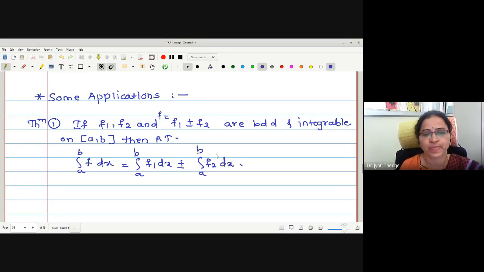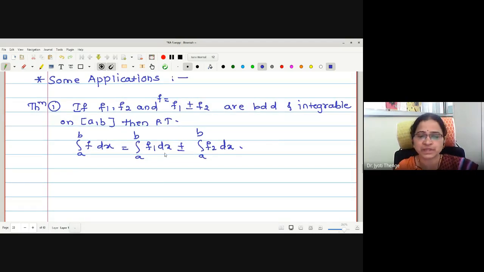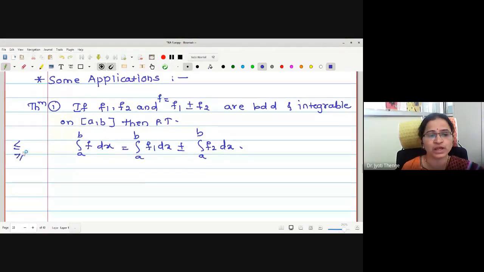While proving this earlier, which method did we follow? To prove this equality, we proved two different inequalities going in opposite directions. Once we proved the left side is less than or equal to the right side, and once greater than or equal. While proving greater than or equal, we just replaced f by minus f. But in this proof we are going to prove this by using the Riemann sum method. Let us start the proof of this one.